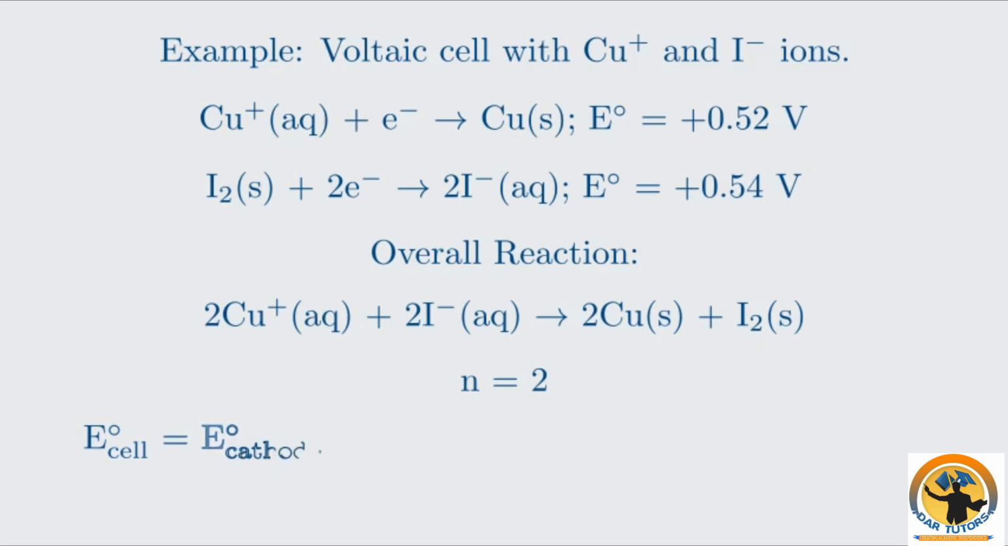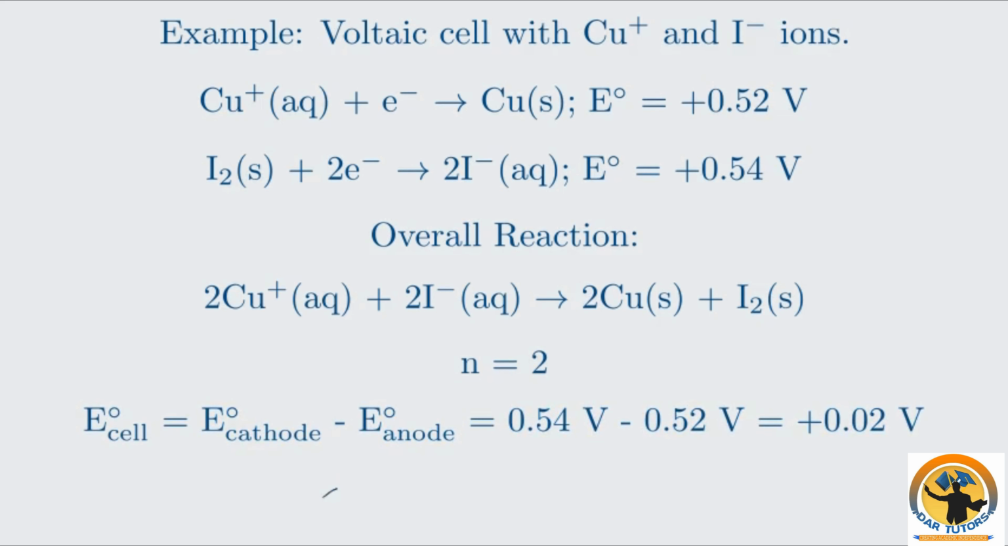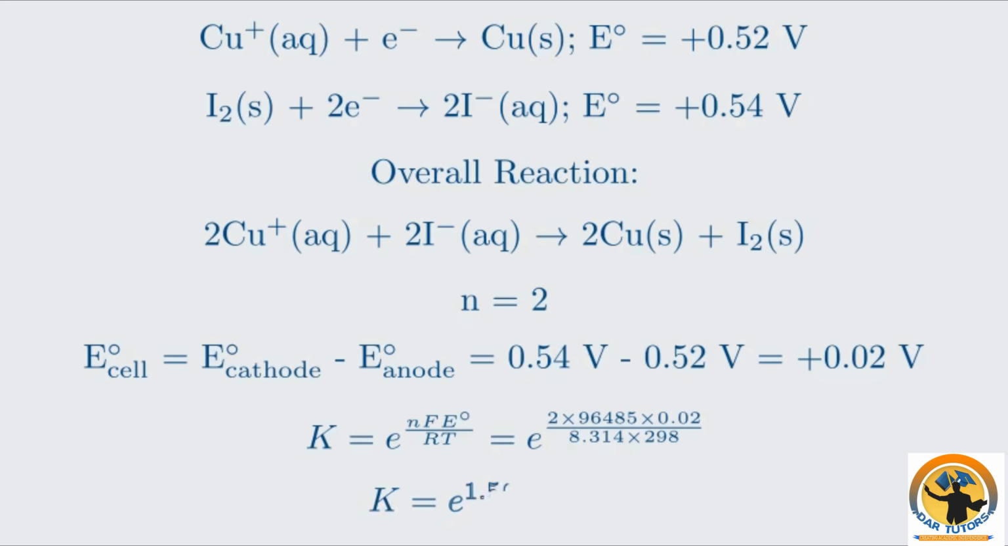The cell potential, E°, is the potential of the cathode, iodine, minus the potential of the anode, copper, which is 0.2 volts. Now we can calculate K, using the formula K equals e to the power of nFE° over RT. Let's assume standard temperature, 298 Kelvin. After calculating the exponent, which is approximately 1.565, and taking e to that power, we find the equilibrium constant K